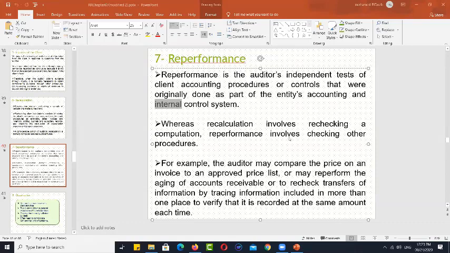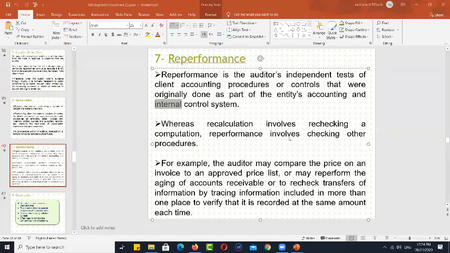If I'm going to do re-performance, I have to make sure that the process is going that way. That is rechecking the performance, or the doing, of those procedures. The same applies inside the company. For example, in order to purchase inventory there are procedures to be followed. So here we have to review whether those procedures are applied. This is re-performance.